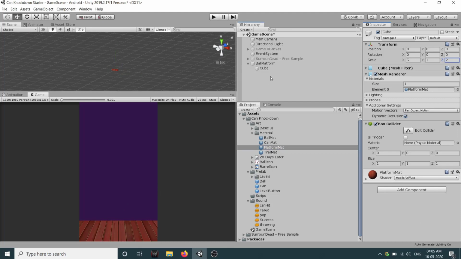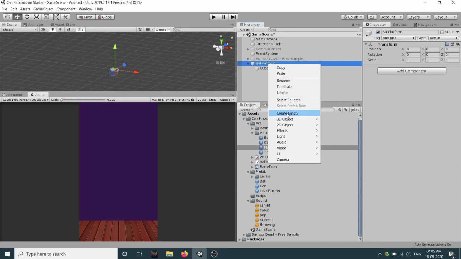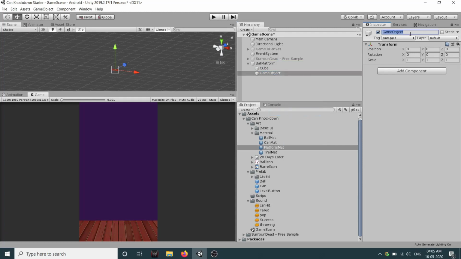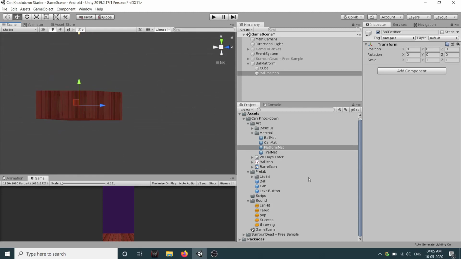Now again click on ball platform, right click and create an empty game object and let's call this ball position. This will be the position at which our ball will be spawning. If I zoom in, you can see it is too far inside.